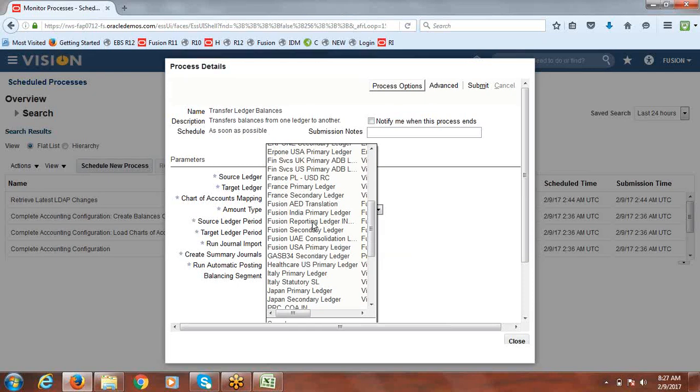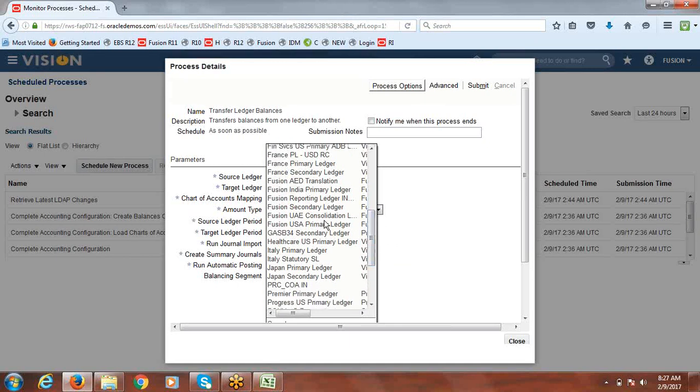What is the name we gave? Fusion USA primary ledger. So we have a naming convention. This is the one.